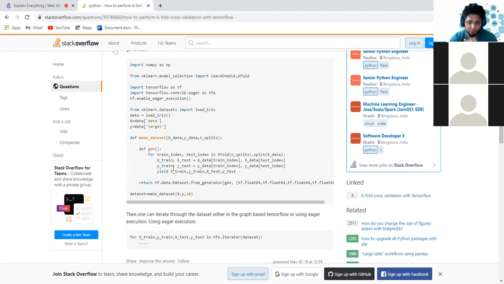Because for one train test split it is working fine, but for the second it says no, logistic regression is better. So what will I do? That's why I always go for k-fold cross validation. In this process, you become 100% sure that with multiple k-folds, my model selection is ultimately the average of all the types of splits that can be done, and out of which the winner is decided.